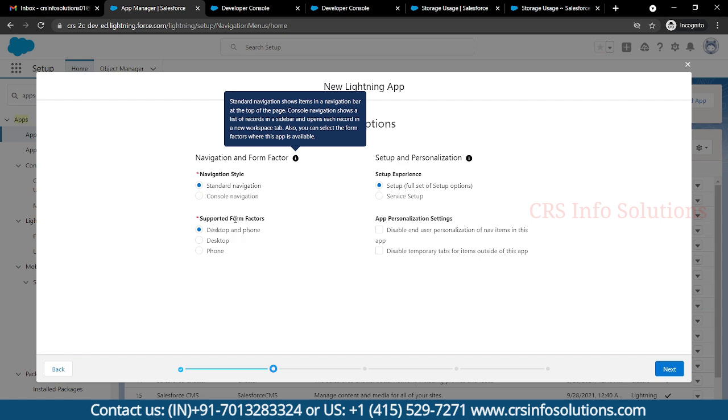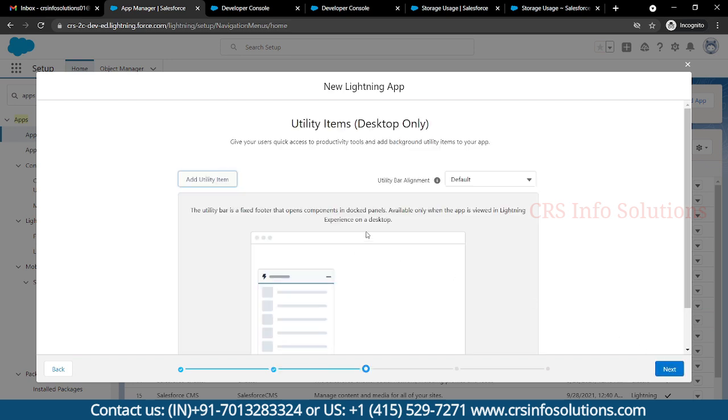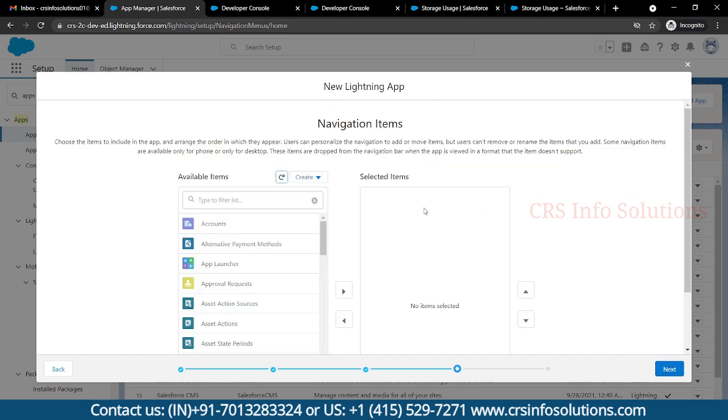And for the form factors, you can select both desktop and phone, which will be supported on desktops, tablets, or phones, everywhere. After that, you need to select next. Make this one the default and select next.